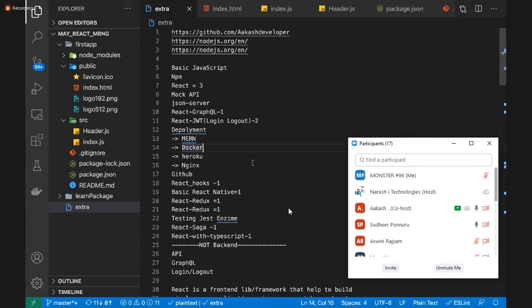Is there any coverage of tables or paginations? That is not there, sir. Sir, we are not going in a UI side. You are looking for more UI kind of content. We are not doing that. We are working more on the React side, sir. Okay.